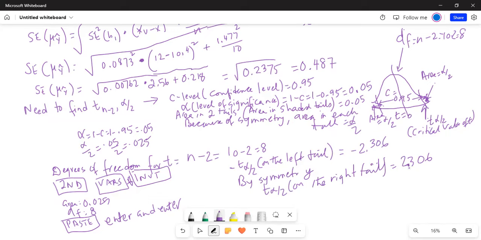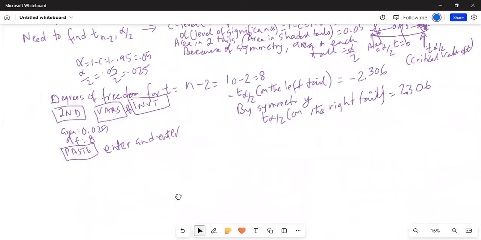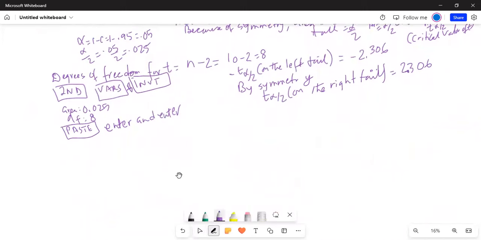So let me create some more space. And probably I'll change the color. Okay. So the formula for the 95% confidence interval for the predicted